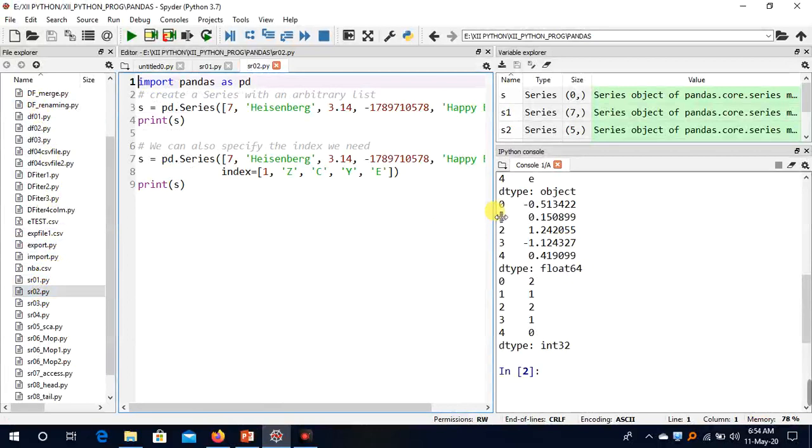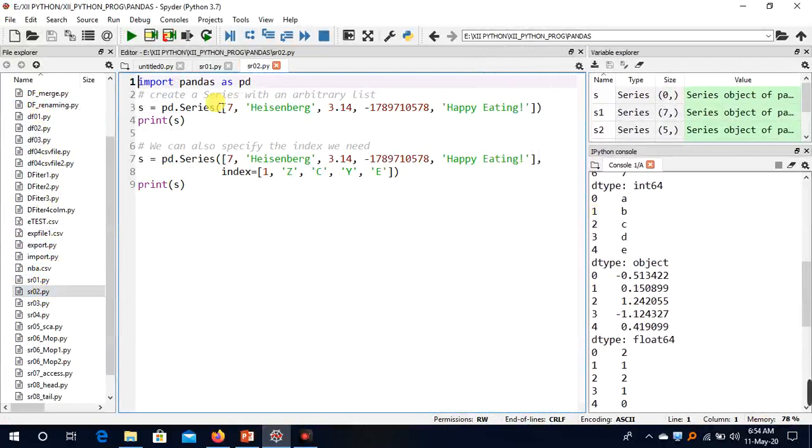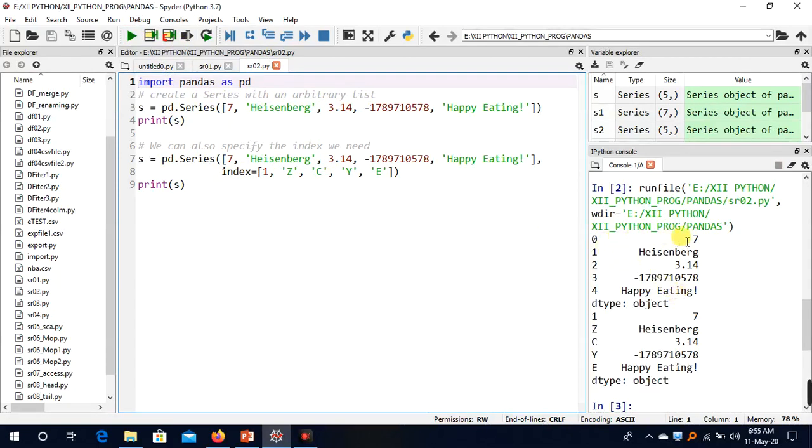See it here. This is the first statement, the pandas as pd import statement. Then create a series with the arbitrary list. We created the series as we have seen in the slideshow, and then printed S. Once we print it, we will see the output. See, this is the output. Index 0 has value 7, 1, then a string, 2 a floating type value, 3, then 4, and